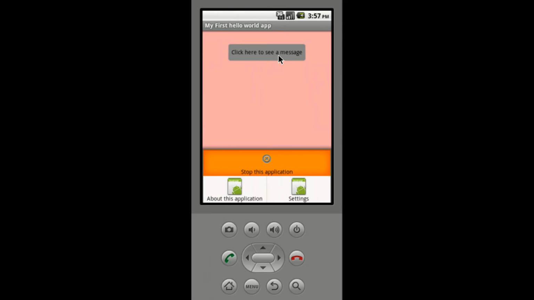But now when we click on the button component, nothing will happen. Why? Because we have not yet written the code that executes when the button is clicked. We'll see how we are going to give the code with the help of blocks. Clear?